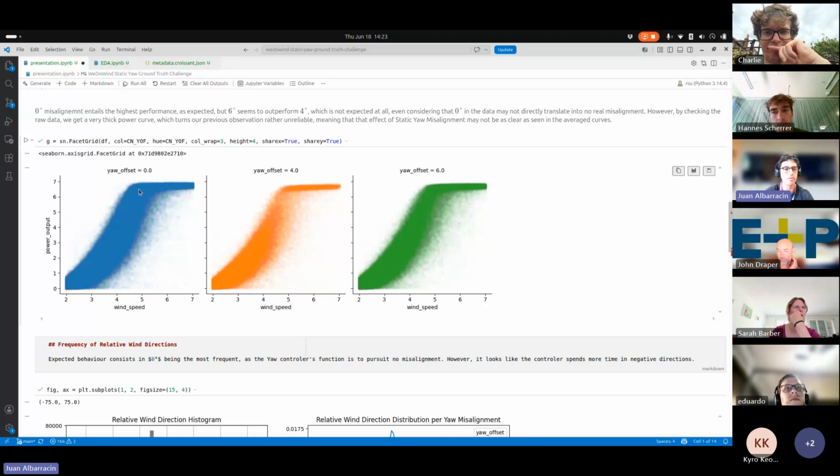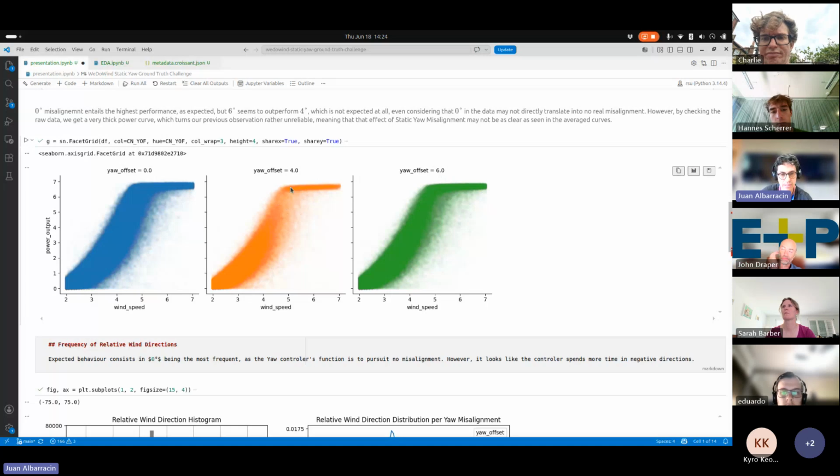We could have ignored that at the beginning, but now that we check these wide ranges, regardless of the ground truth, whether 4 or 6 degrees of misalignment, it looks like there is another source of underperformance that may mask the static yaw misalignment and may explain why this power below appears.